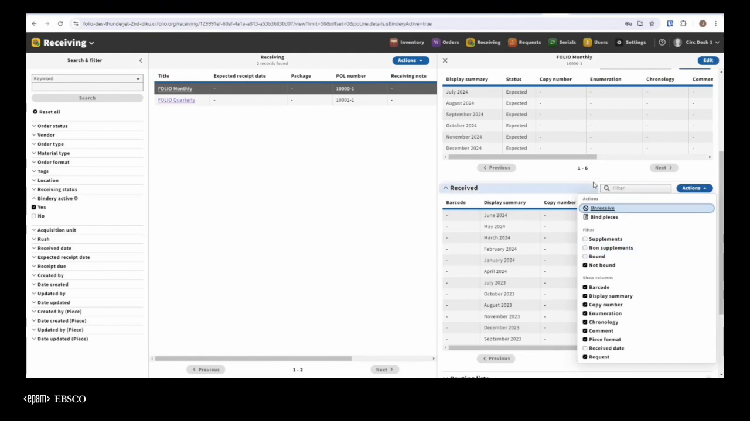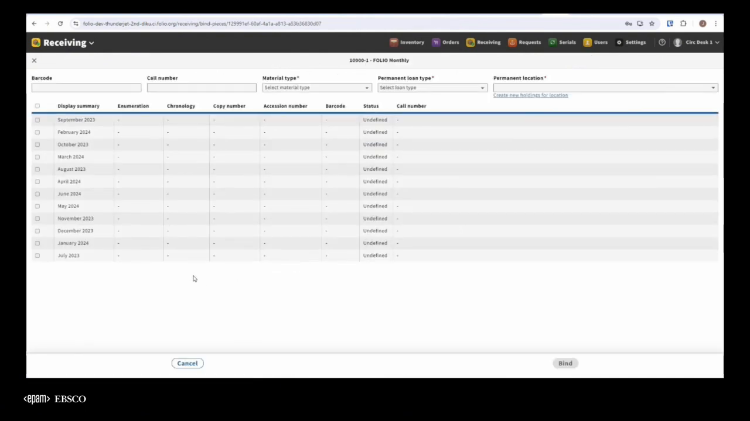If we wish to bind pieces, we simply click the Bind Pieces button, and then we can choose whichever pieces need to be bound. So in this case, we have the second half of 2023 and the first half of 2024. So we'll do the second half of 2023. So July, August, September, October, November, and December. These are all selected. We can assign a barcode to this,